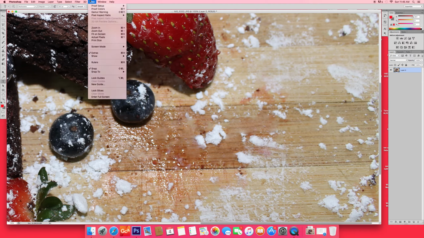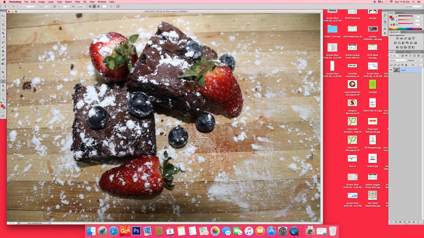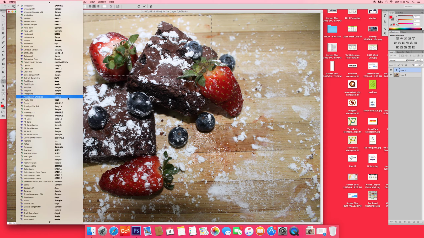And then the last thing over here that we really want to look at is the text tool. One of the things that you might want to be doing with your images, you might be interested in making a magazine cover, for example. So you grab the text tool, you create a text box. And this is the size, and then you can fiddle around with the size. I already have mine set at 302 because it's quite a large image. You go through your fonts here, for example. So I'm going to pick